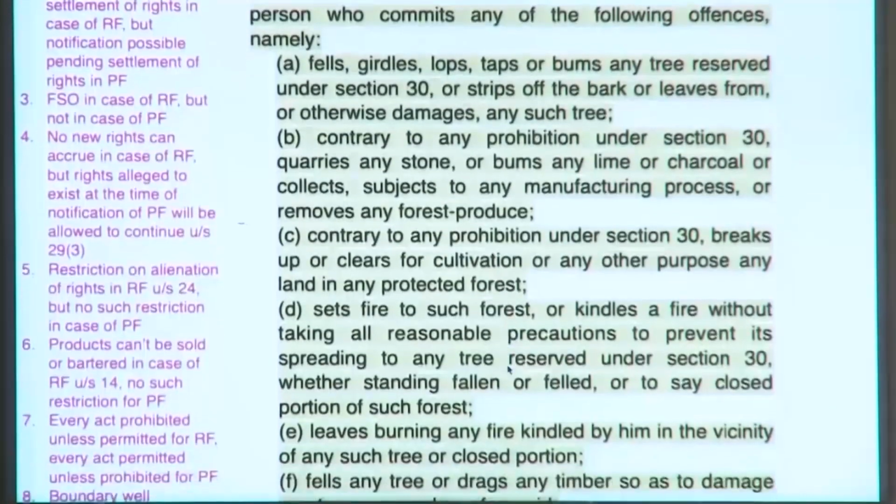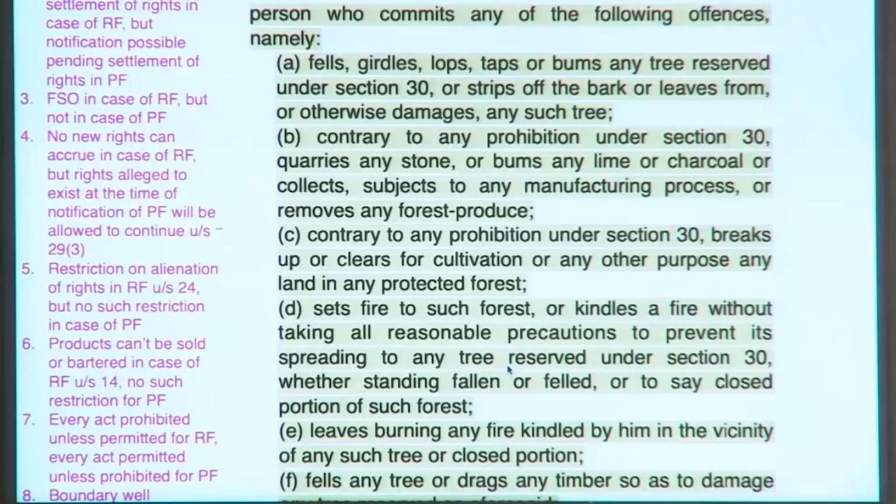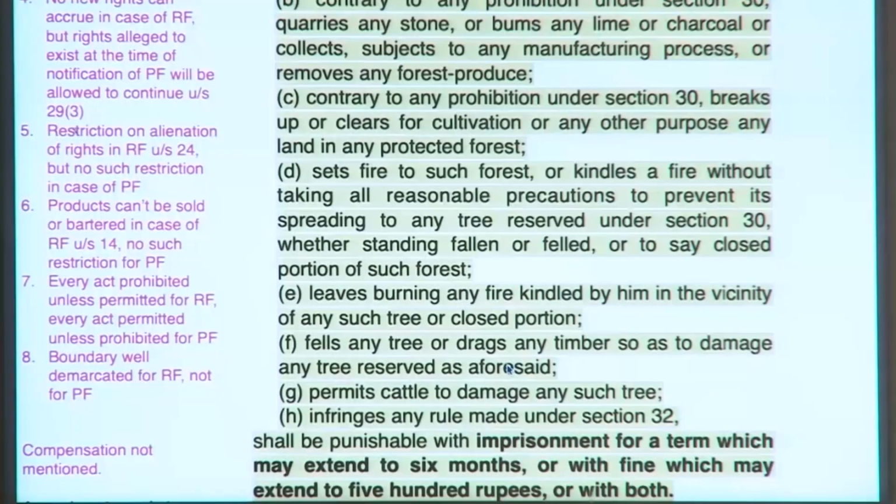Any person who commits any of the following offences, namely fells, girdles, lops, taps or burns any tree reserved under section 30, or strips off the bark or leaves from or otherwise damages any such tree, or contrary to any prohibition under section 30, quarries any stone, burns any lime or charcoal, collects or subjects to any manufacturing process, or removes any forest produce, or contrary to any prohibition under section 30, breaks up or clears for cultivation or for any other purpose any land in any protected forest, or sets fire to such forest, or kindles a fire without taking all reasonable precautions to prevent its spreading to any tree reserved under section 30, whether standing, fallen or felled,